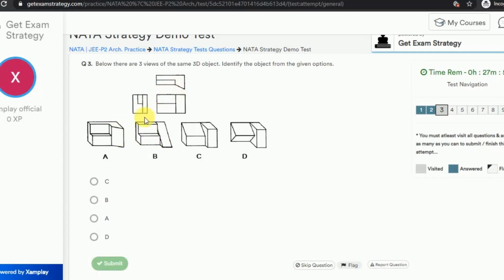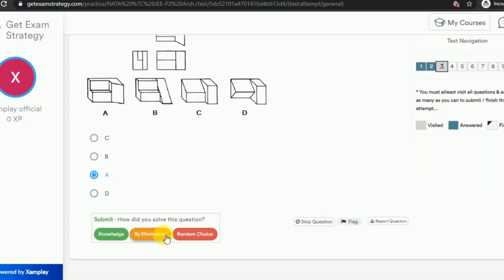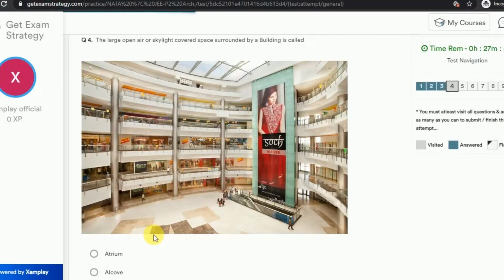So I would feel that, okay, answer A is the right choice, so I click here. Because I have done this problem solving through elimination, I pick elimination.